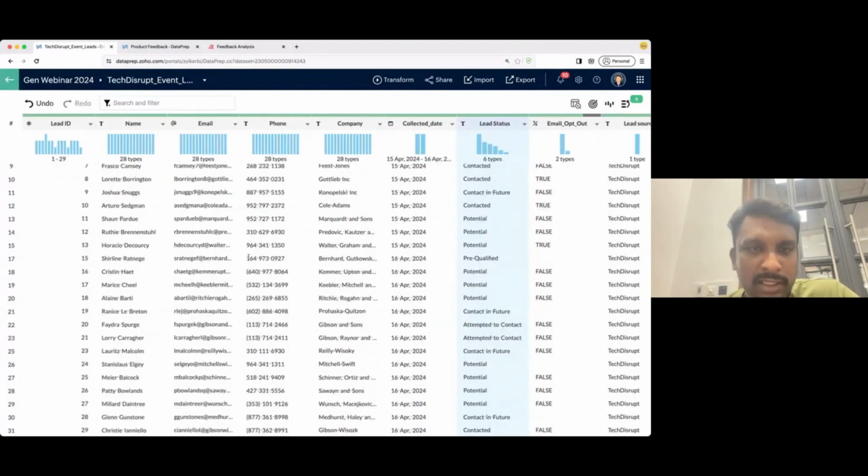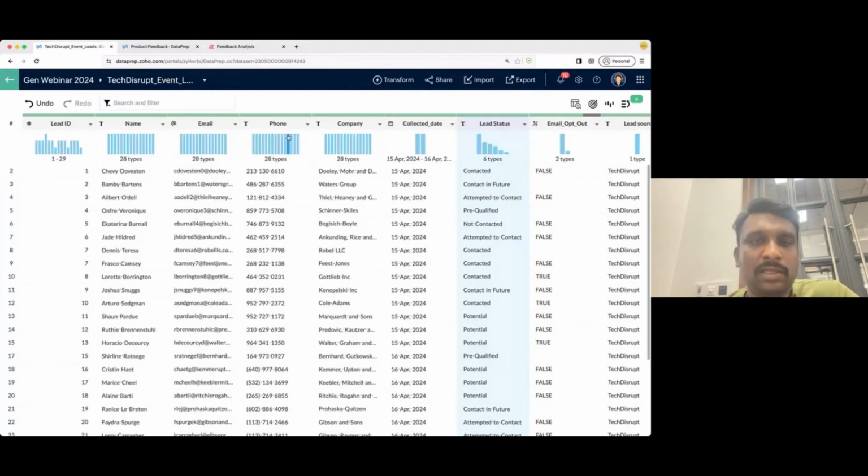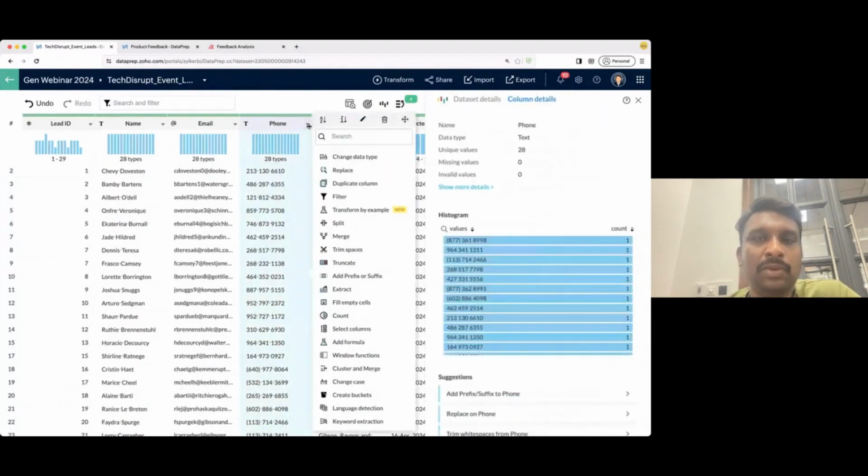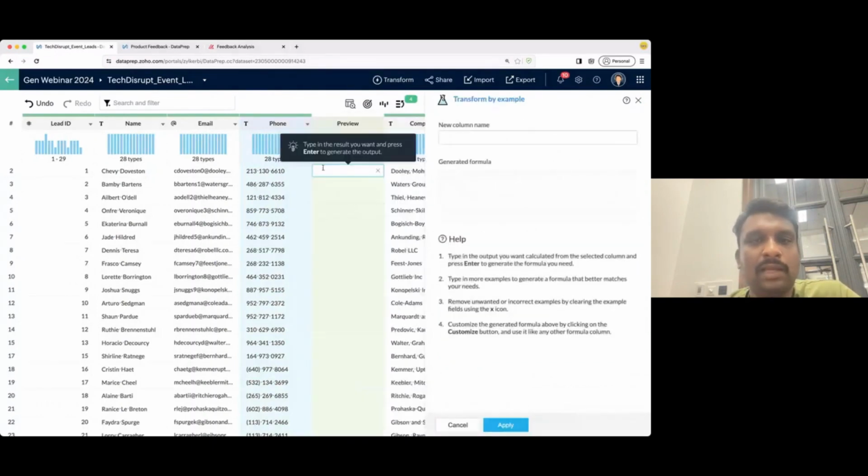So it has different formats here. I don't want all of these in different formats. I just want them to be in a single format that is easy to import into CRM. So I'm going to use this AI powered transformation called transform by example, wherein I will just give it an example of the output